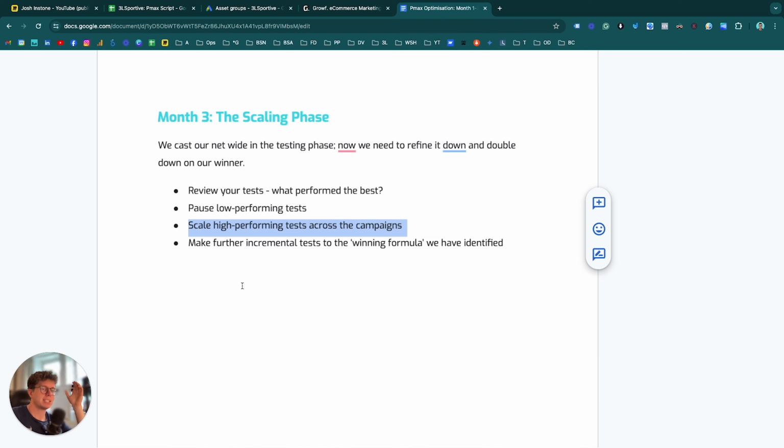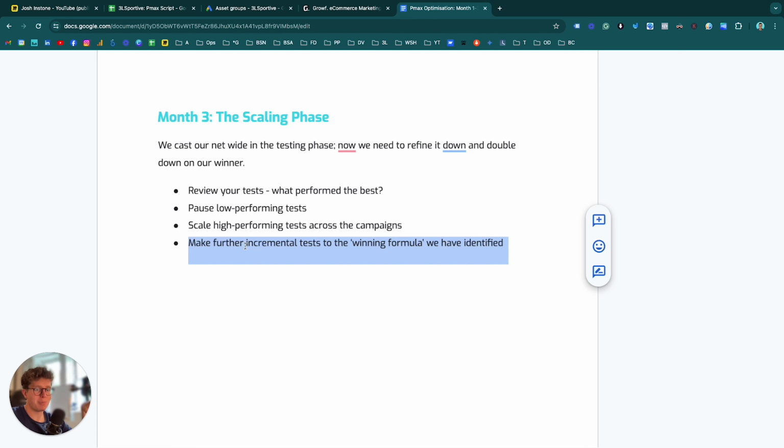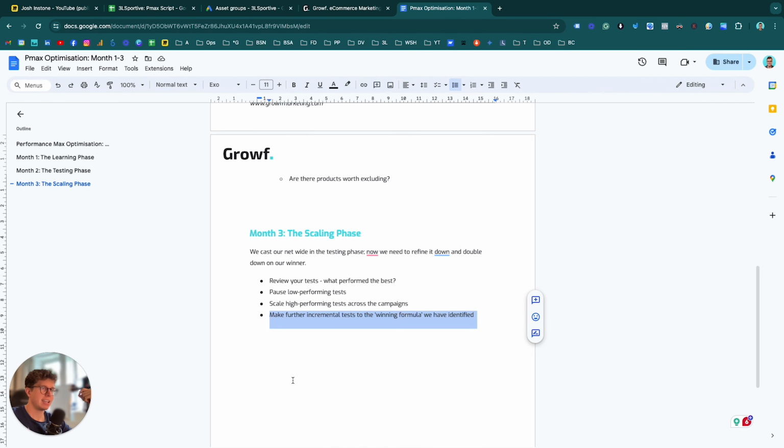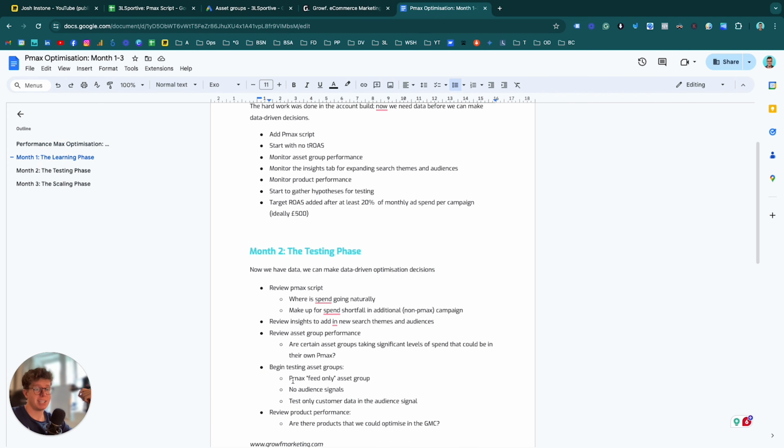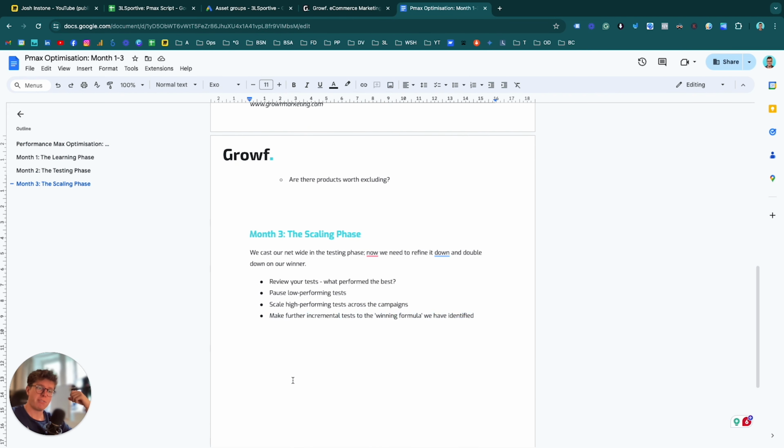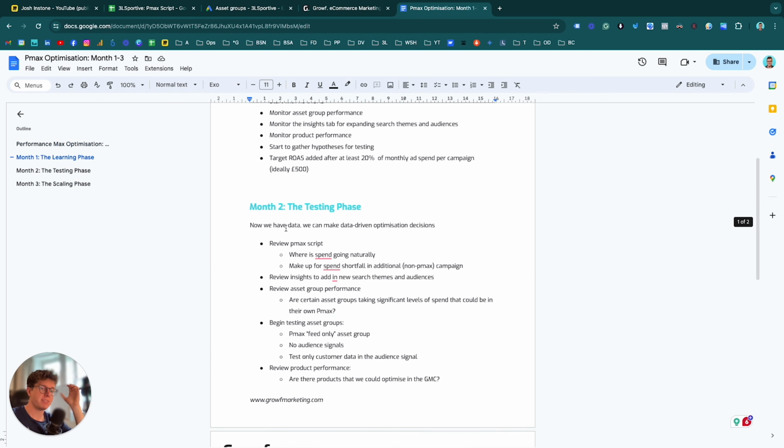Then what we're basically doing at this stage is we're going to make further incremental tests to our winning formula that we have identified. So the testing doesn't stop, but the significance of the testing does. We have our winning formula written down, but we need to further refine it and further improve it. And that's how you get incremental improvements to ROAS. Okay, so overall, that is the optimizations we do in month 1 to 3. Now, unfortunately, there's not a specific checklist I can give you, but this gives you the foundations of what you